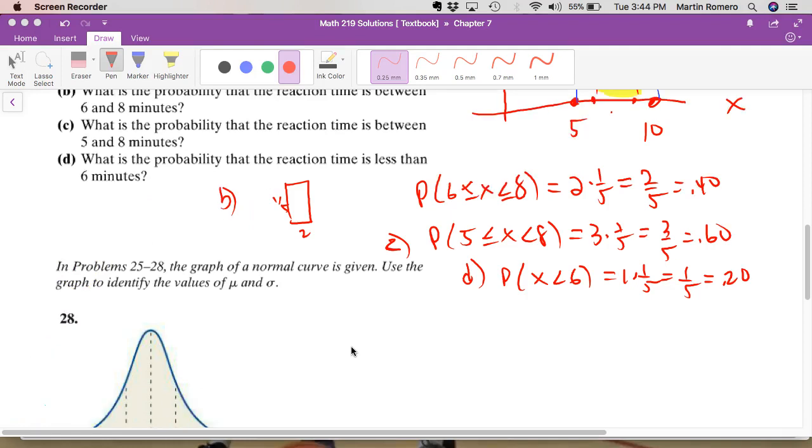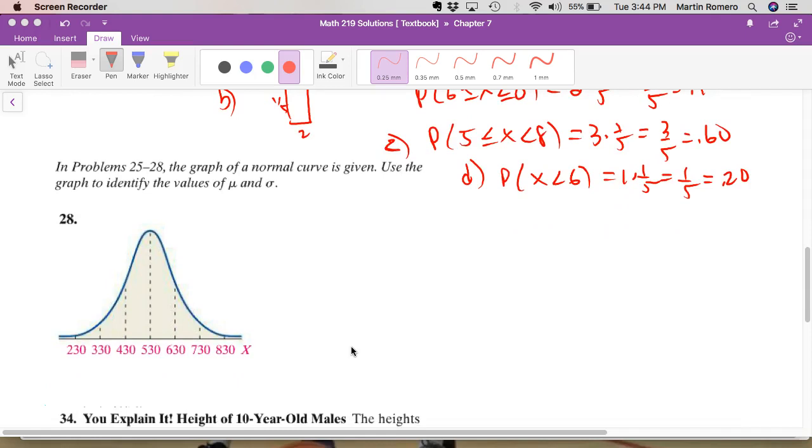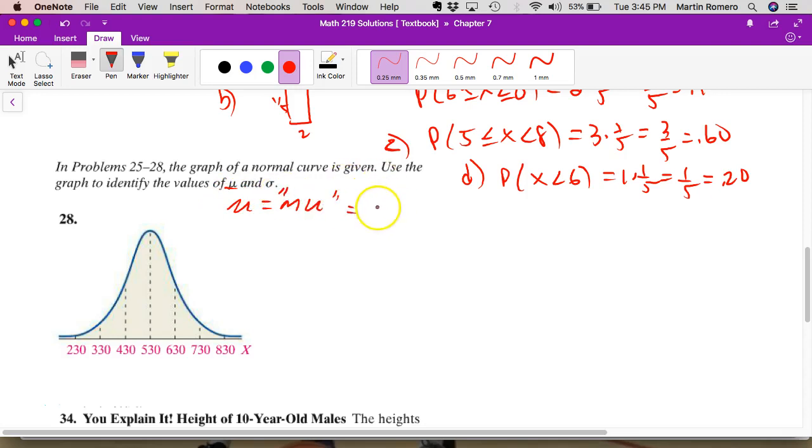Okay, let's move on to problem number 28. The graph of a normal curve is given. Use the graph to identify the values of mu and sigma. Mu again, mu represents, how do we say that? You've got to use those words. This is the population mean,